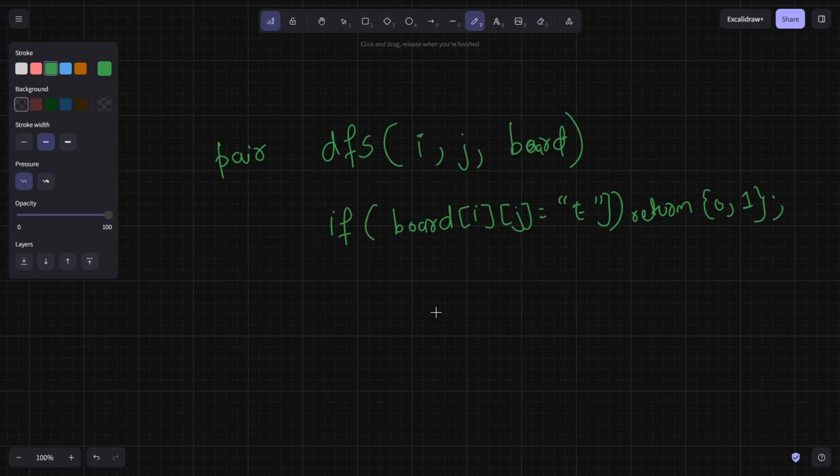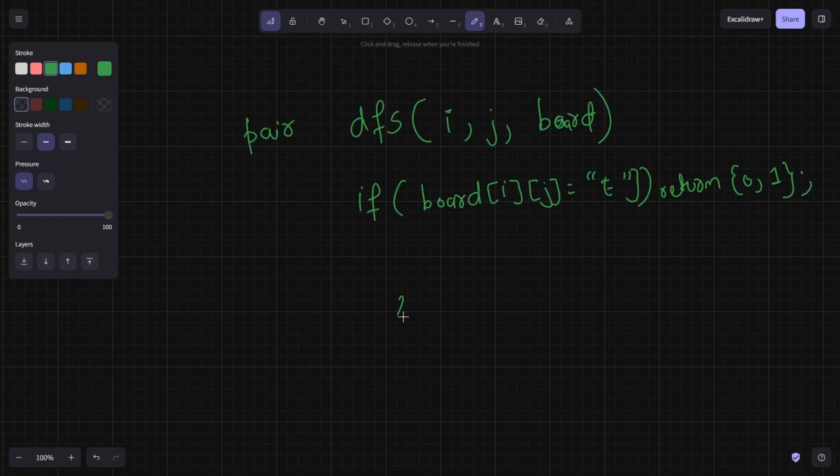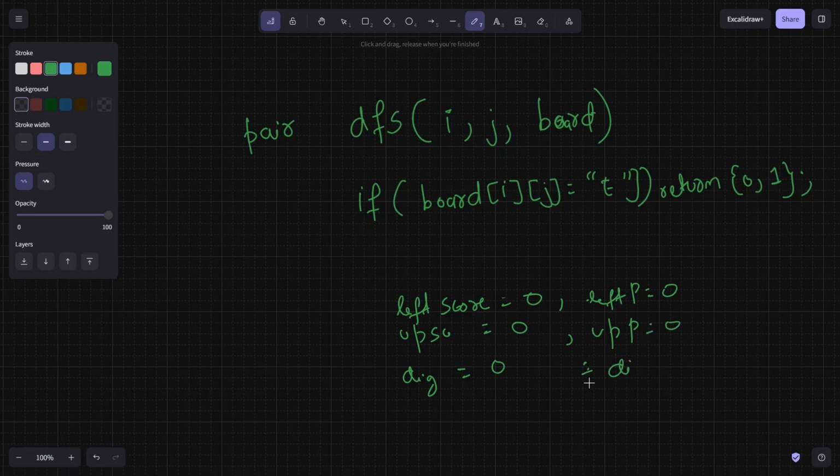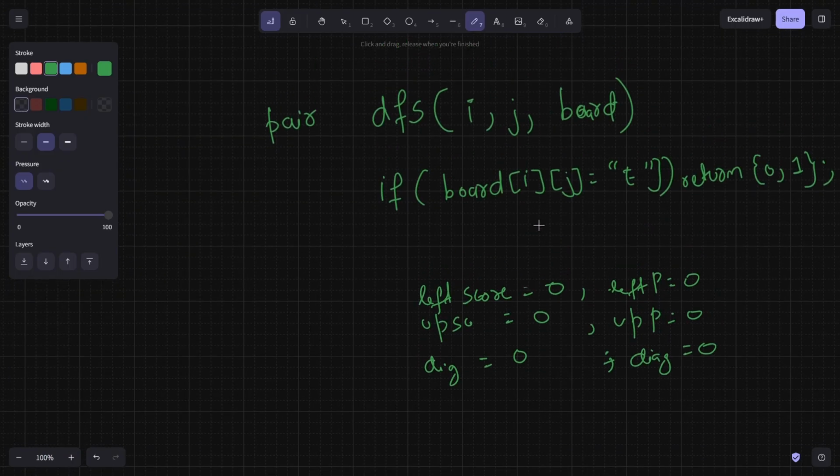Initialize the variables, for example, score from up, left score, top score. So left score equal to 0, up score equal to 0, and diagonal score equal to 0. Number of ways to get that score: left path equal to 0, up path equal to 0, diagonal path equal to 0. After initializing these variables, what we are going to do is